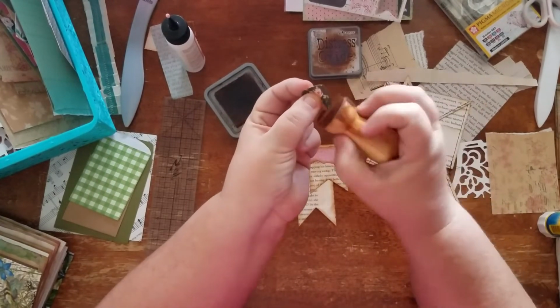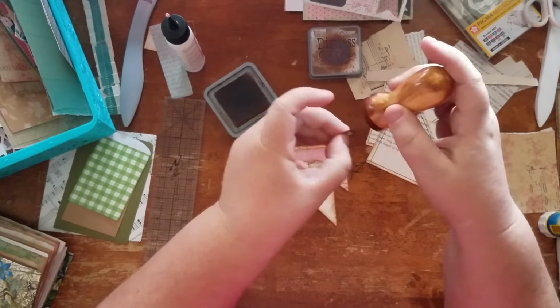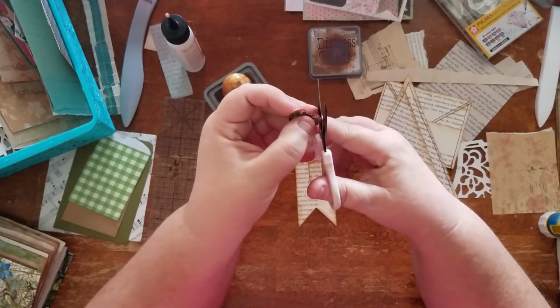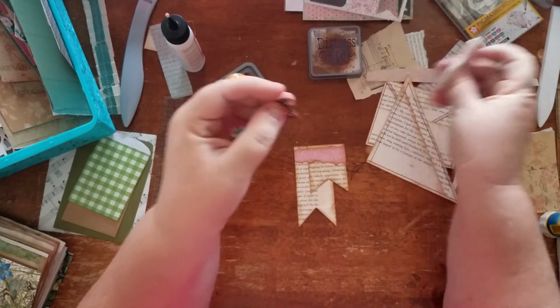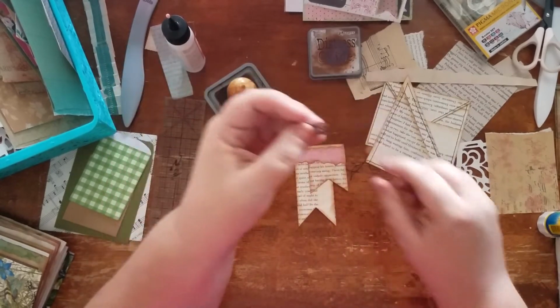I went to her Etsy shop and went to buy the images, the kits for the images, and was very excited to find them on sale. So I got them for half off, so I was very excited. And I just can't wait to